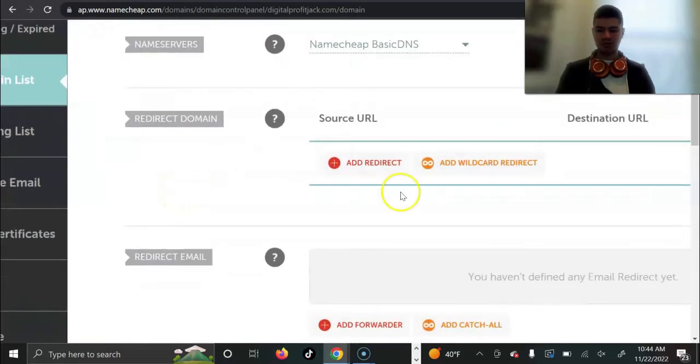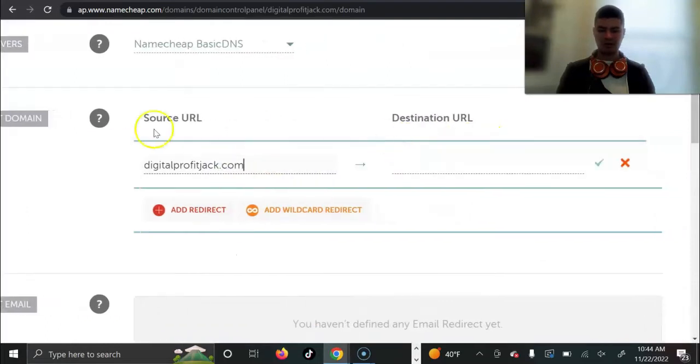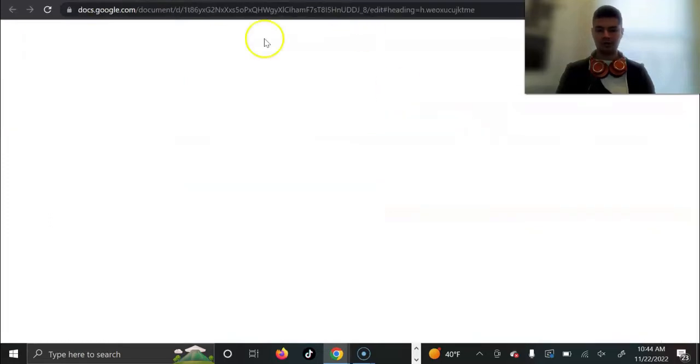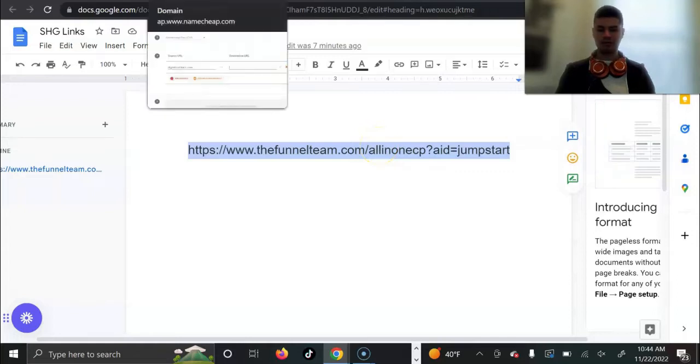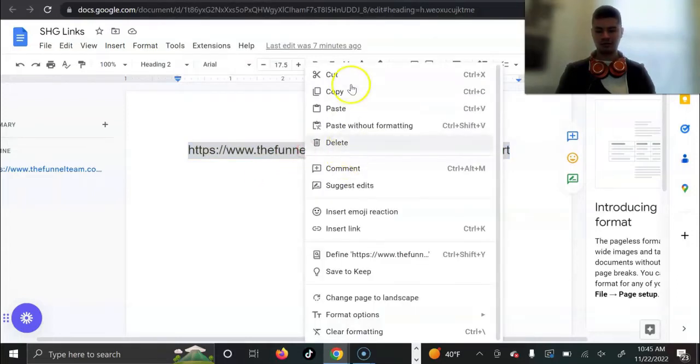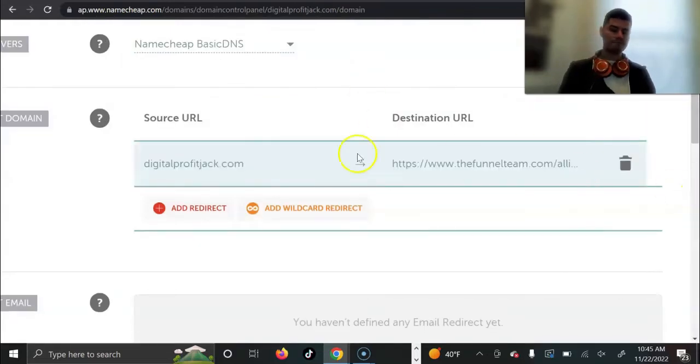Right where it says redirect domain, click add redirect, paste that in here. This is the source URL, and then the destination that you want it to go to will be your funnel. So we just grab the link to that, copy that, either Control-C or right-click and hit copy, and then go right here, paste that in, and then just hit the green check mark. And then